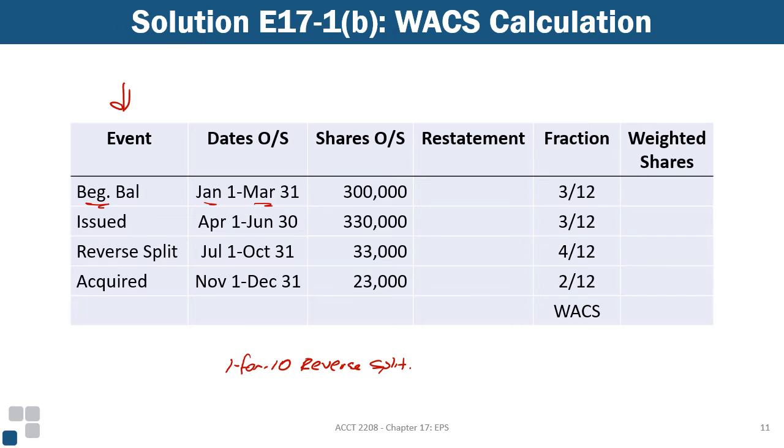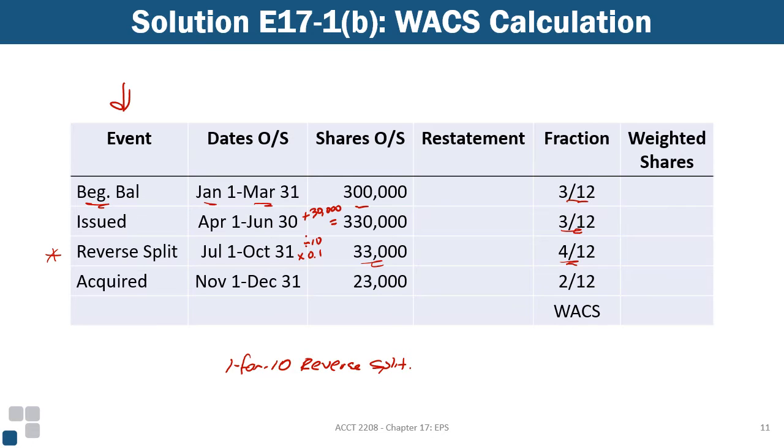For January 1st to March 31st, there's a beginning balance of 300,000 shares, and that's a fraction of 3 over 12 months. Then the company issued 30,000 shares, so here we will add 30,000 shares. That results in 330,000 shares, and that period of April plus May plus June is 3 months. But then here is where that reverse stock split was, right? And the 1 for 10 is basically we divide by 10, or we can multiply by 0.1, right? So that gives us 33,000 shares that were outstanding for 4 to 12 months, July plus August plus September plus